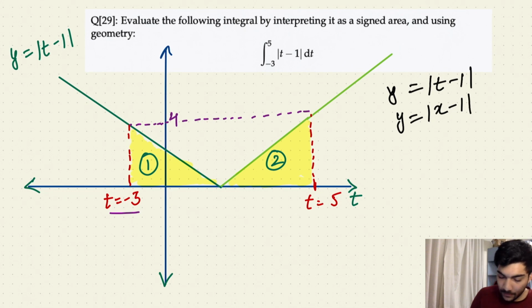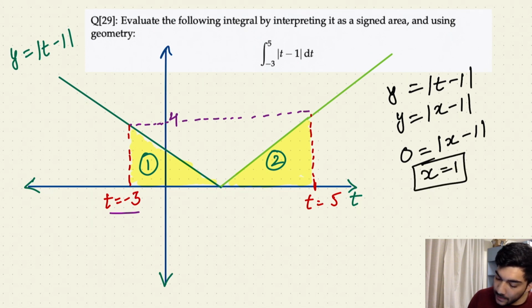So let's calculate that. But before calculating that, we also need this point in order to calculate the bases of both of those triangles, right? So this is the point where my function value approaches 0, right? So I want 0 to be equal to mod of x minus 1. And I can see that when my x is equal to 1, this holds true. So I know that this point, since this is my t-axis now, is t equals 1 in this case. And now since it's clearly visible that the height of both of our triangles is 4,